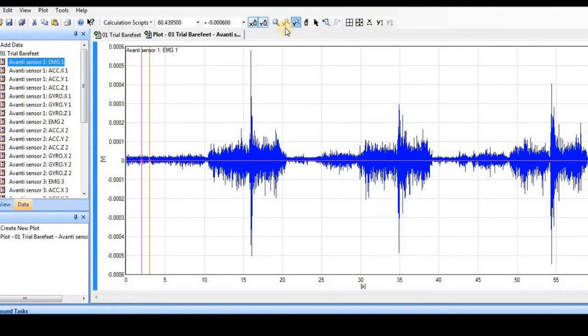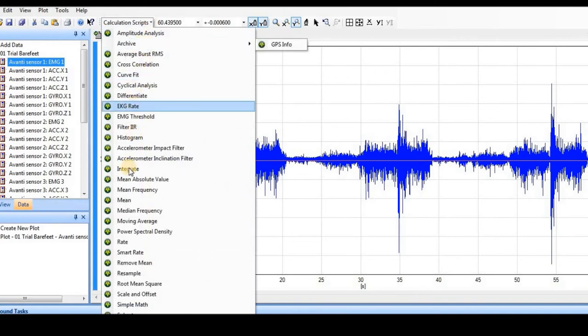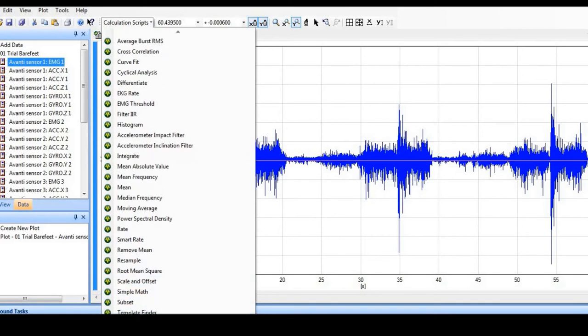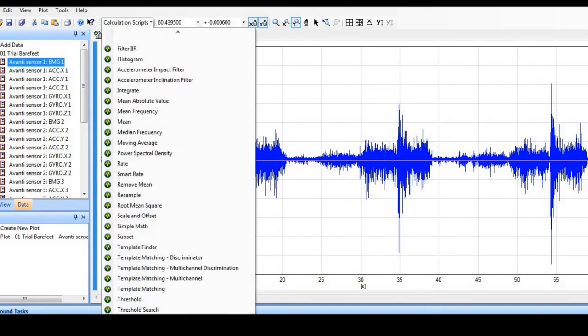So these are the two tools we'll be using very often in all of the data analysis. There are some pre-calculated, preset calculation scripts which perform many functions that are commonly done for EMG analysis, and all these features are preset in this calculation script.